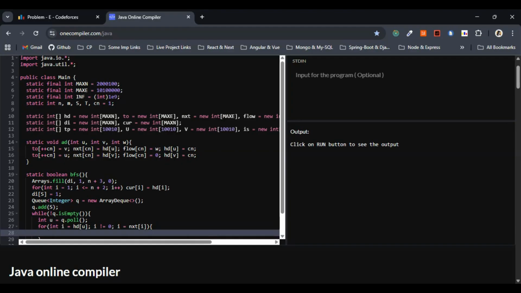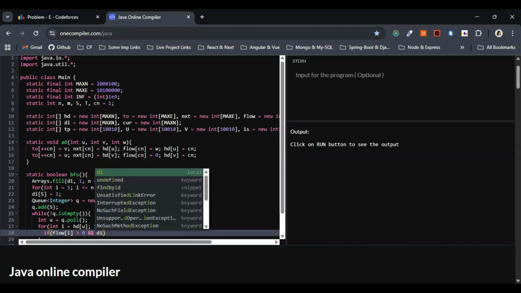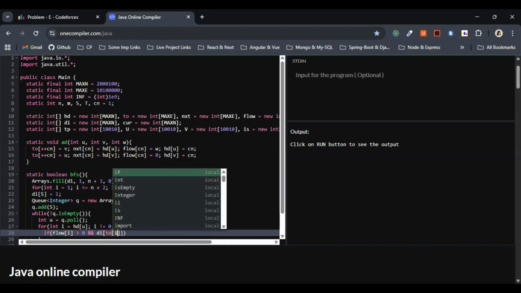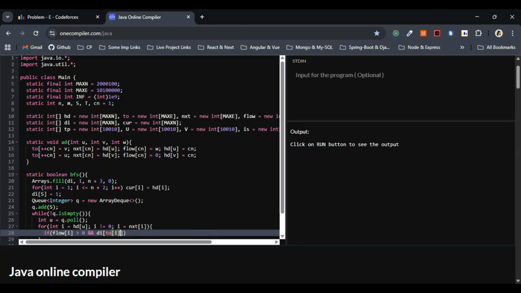If the edge has capacity left, then we have to assign the next level. I can write it in the form of code: if flow of i is greater than 0, and di of to of i, to of i,